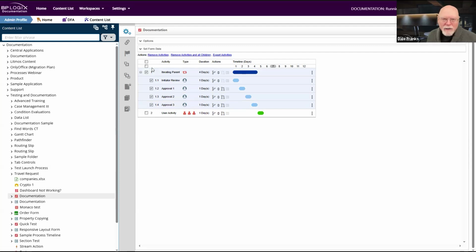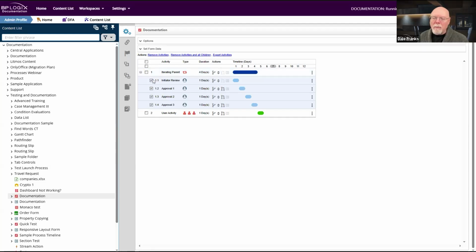Clicking it, in my case, does nothing because the actual export feature doesn't work. But in the real world, it will. When I next update documentation, I'm sure this will work. But there we go. We've exported our activities.